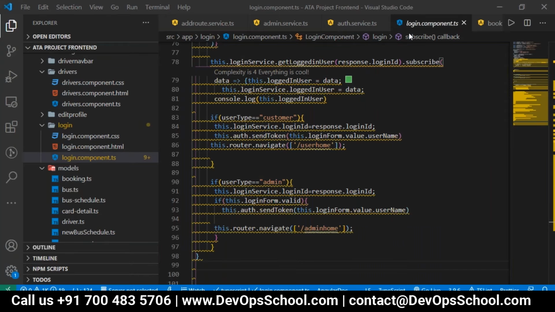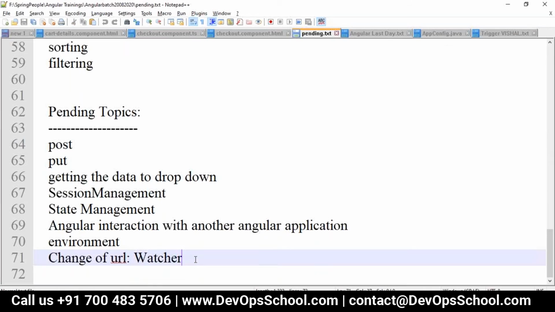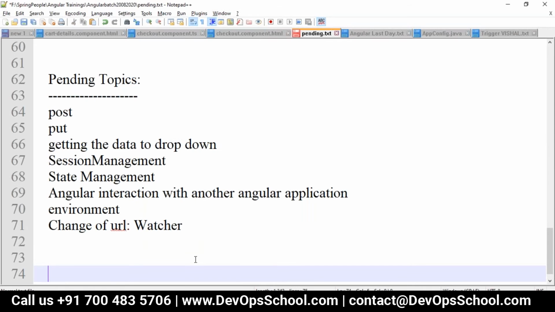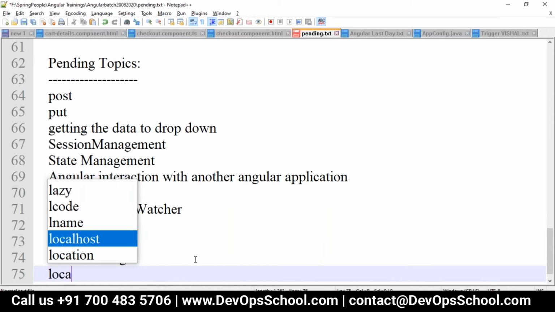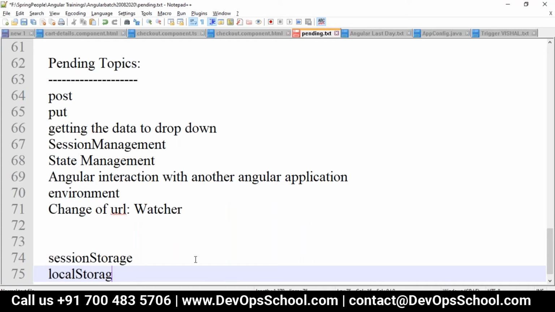So we have to take care of the session management either in the session storage or in the local storage. These are the two HTML with JavaScript objects which we'll use: session storage and local storage. With session storage, once your browser is closed, it will remove the data.